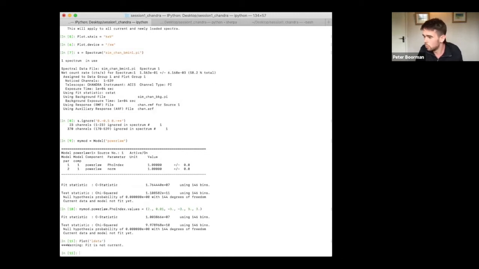So for instance, this time we would do plot L data, and you should get a window up where the spectrum is sort of on a level of, say, 0.01 on the plot. So that tells you that the normalization should be within that sort of range. So what we can do is